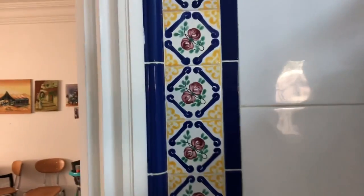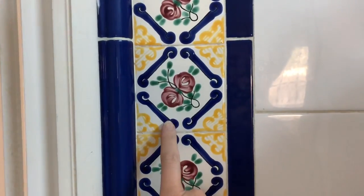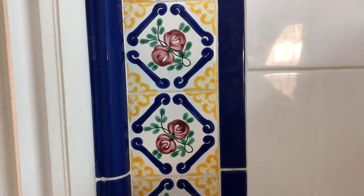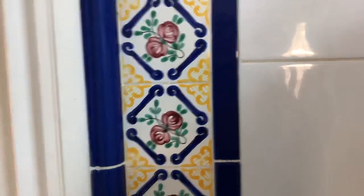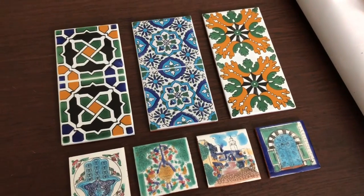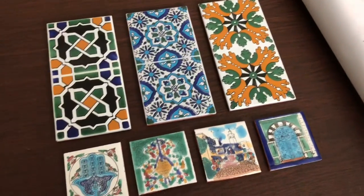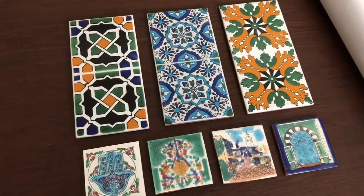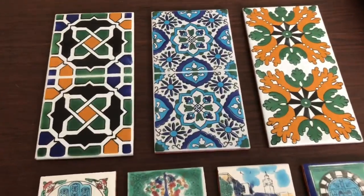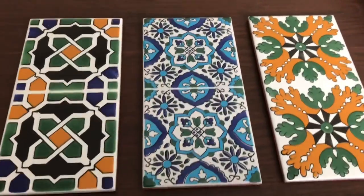Look at that. This is a smaller size tile, but it's just really pretty. And these are the two places in the kitchen that we have tile. And the coolest set of tiles in our house are these. These are the ones that we own, but it's more than these. So we went to the tile store, the same place that you can buy all the tiles that you've already